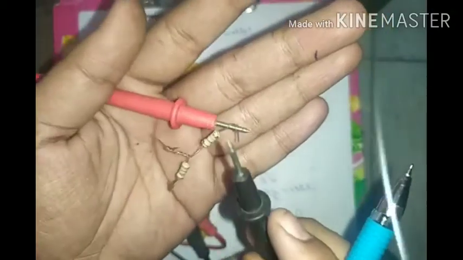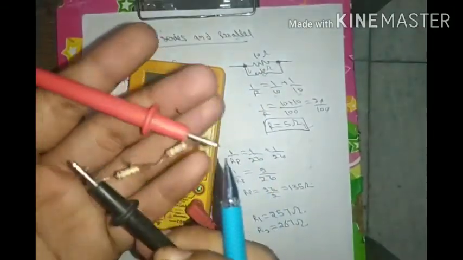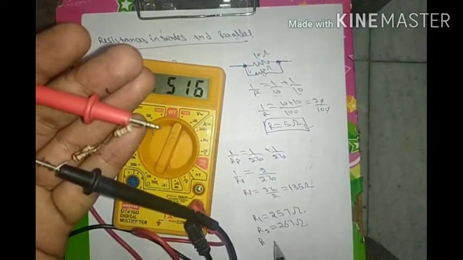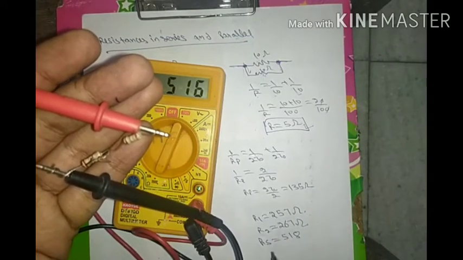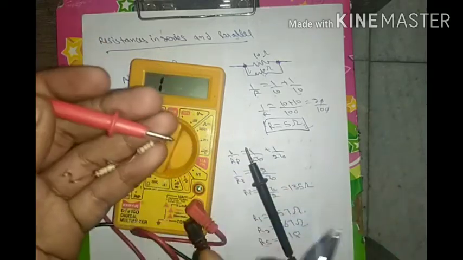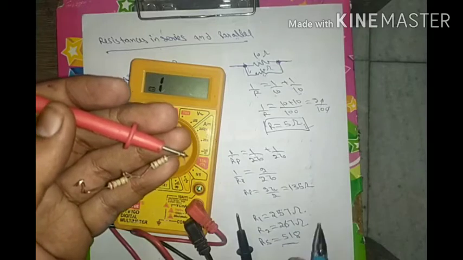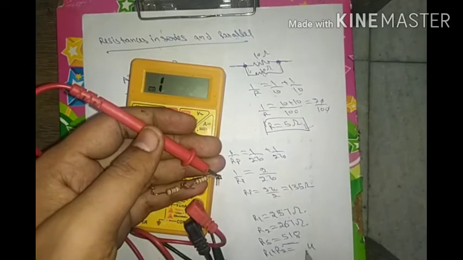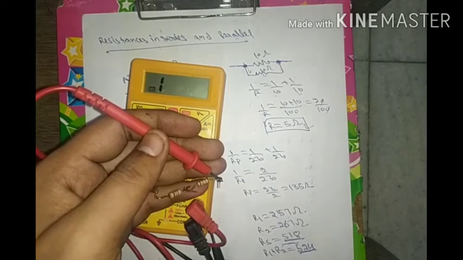If I connect this, the answer comes out to be 518, and you can see that it is connected in series. So you can see the answer is 517 or 518. So the total resistance in series comes out to be 518 or 517. Clear, students? And you can see the answer is very close to the sum of these both resistances, R1 plus R2, and see what it is: 524, and both answers are very close to each other.